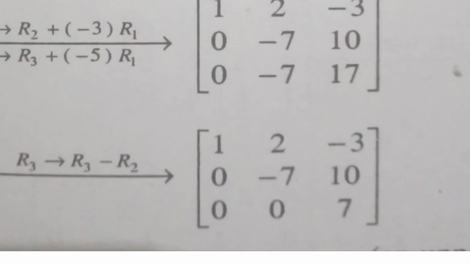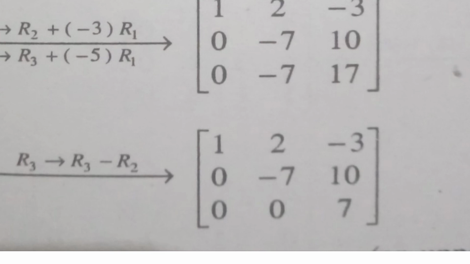Now after reducing the second row, we retain the first and second rows as they are. Now we apply the transformation to the third row, that is, the third row will be changed as R3 minus R2. Our intention is to reduce the given matrix to echelon form, so we use this technique. We retain the second row as it is and reduce the third row. So we are applying the transformation R3 minus R2. In other words, from the elements of R3, we are subtracting the corresponding elements of R2.